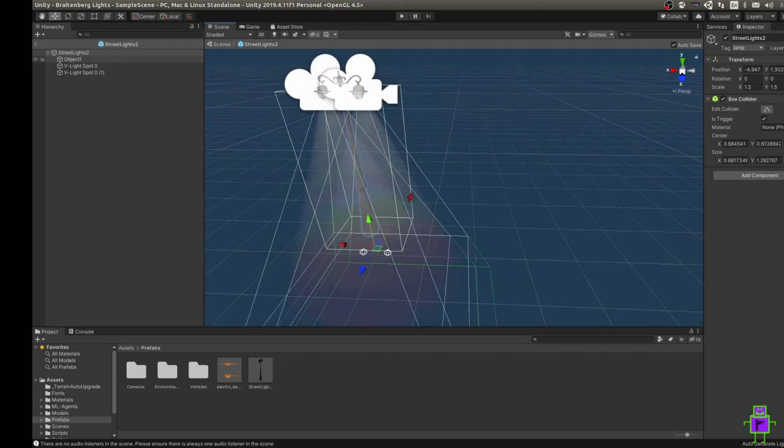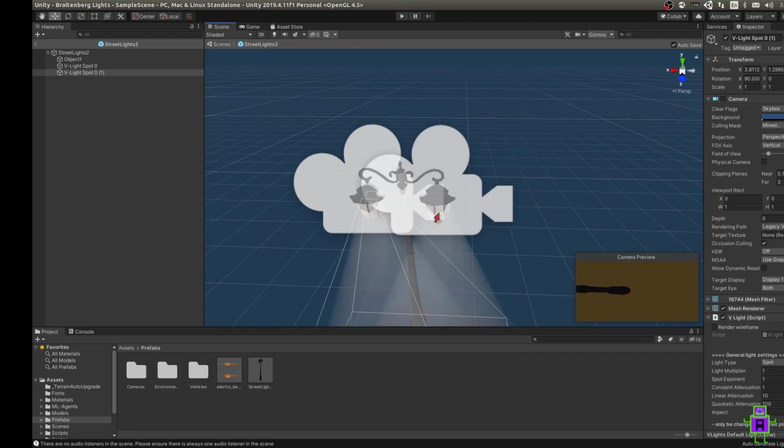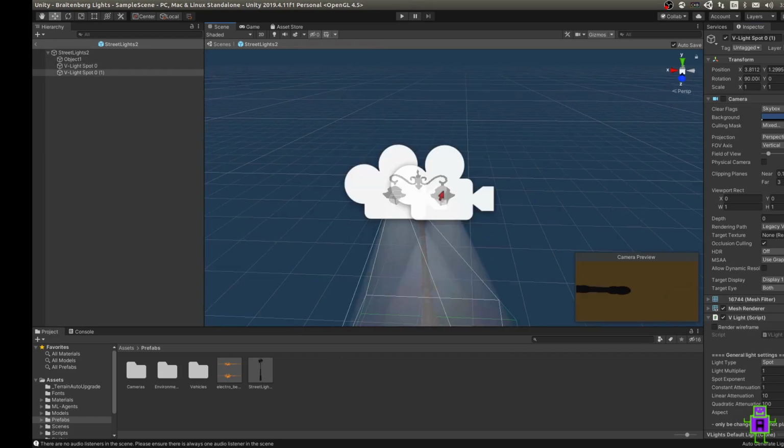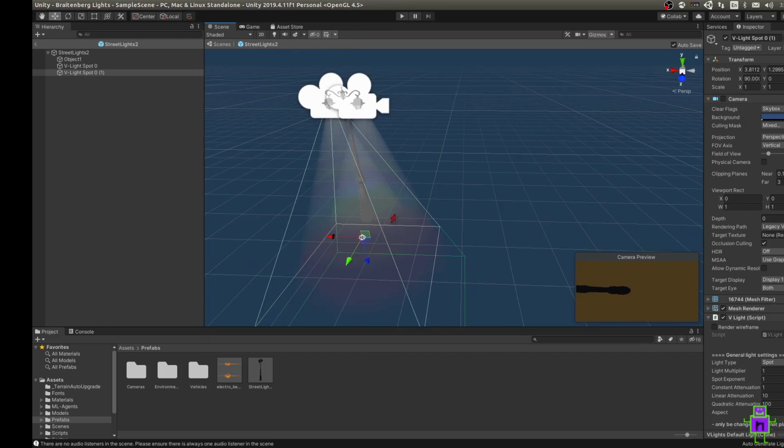I have two volumetric lightings that emit from this lamp sector here, 1, 2, and that creates this wonderful light effect that will change the pixel brightness as the vehicle gets closer to it.